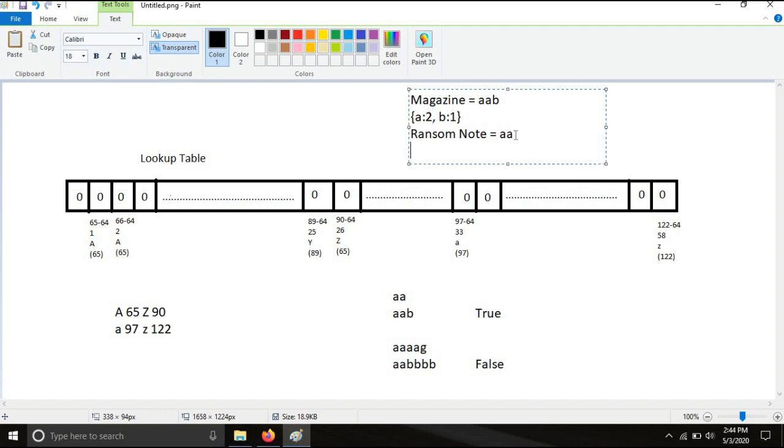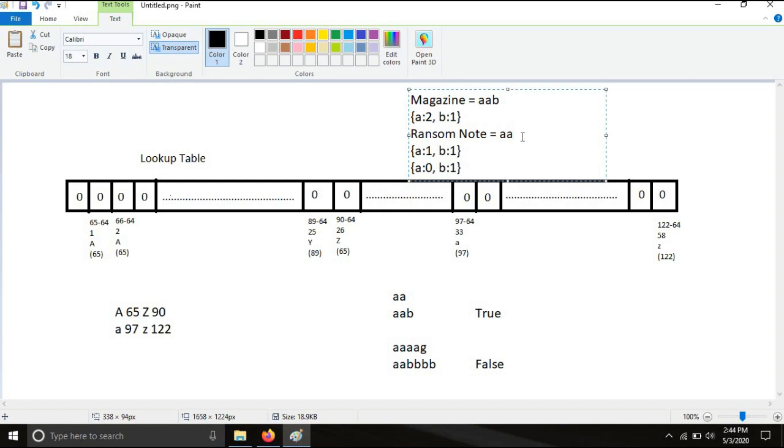Suppose firstly A is encountered. After that the value will be A1, B1. Second time another A is encountered, A0, B1. Now we have successfully iterated through the whole string, we haven't got any error and all the letters can be taken from the magazine string, so we will return true in this condition.